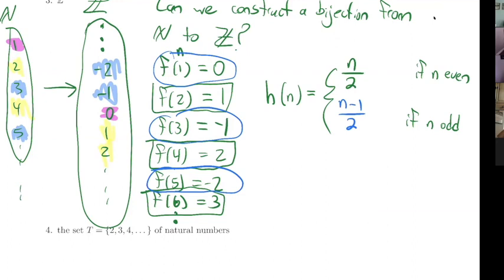And when n was 3, I think you have to do it, we want to get negative numbers out of here. Yeah, I think you're right. So if we do it like that, then when n is 1, we get 0. When n is 3, we're getting -1. When n is 5, we're getting -2, and so on. So that one works out.